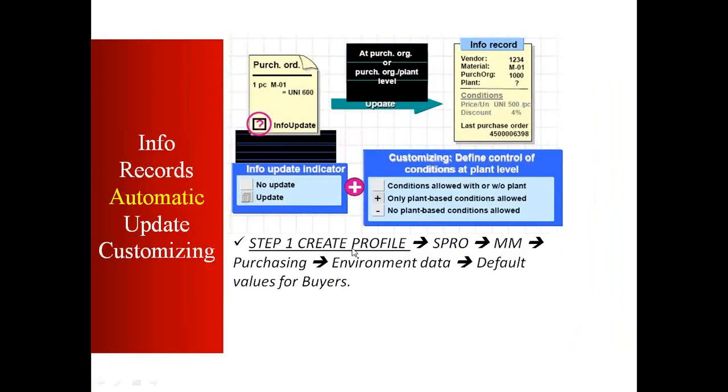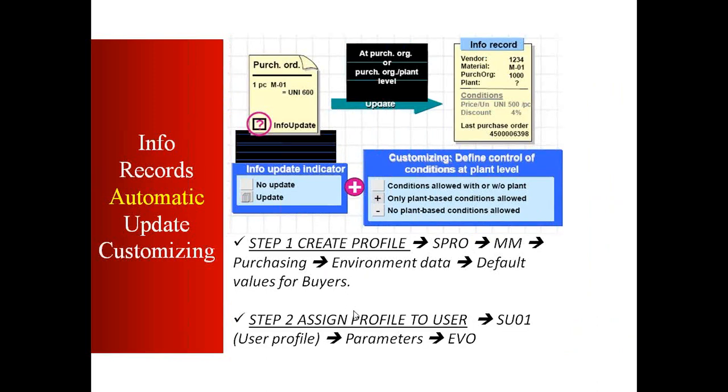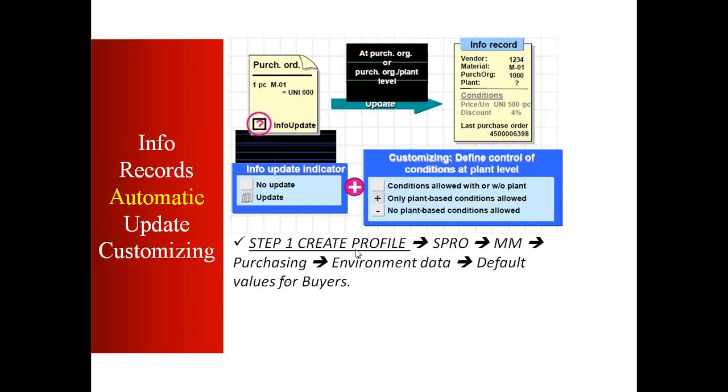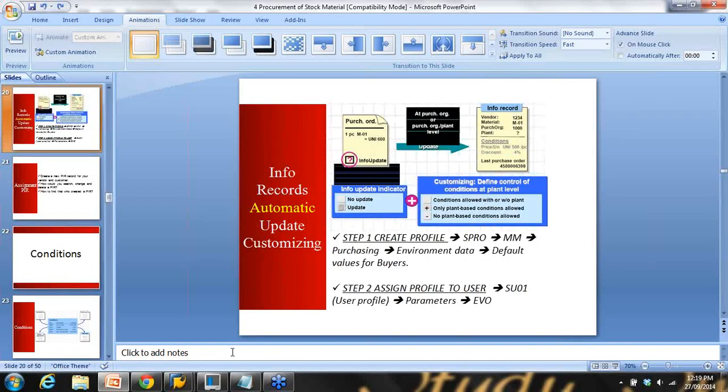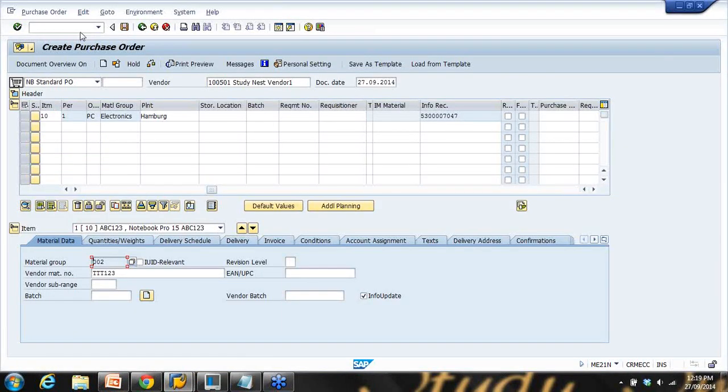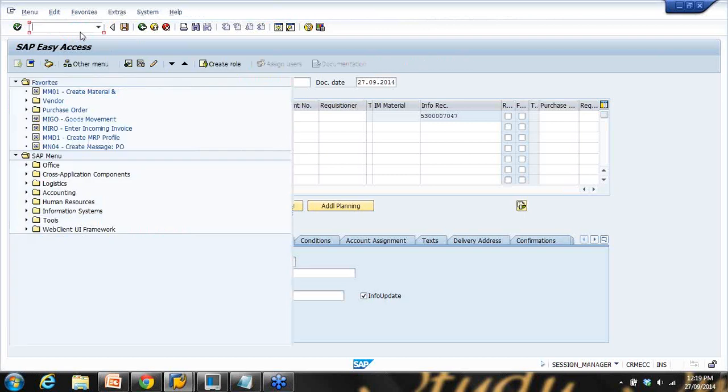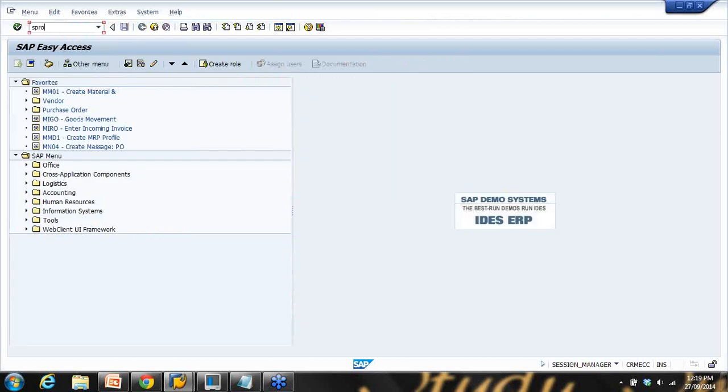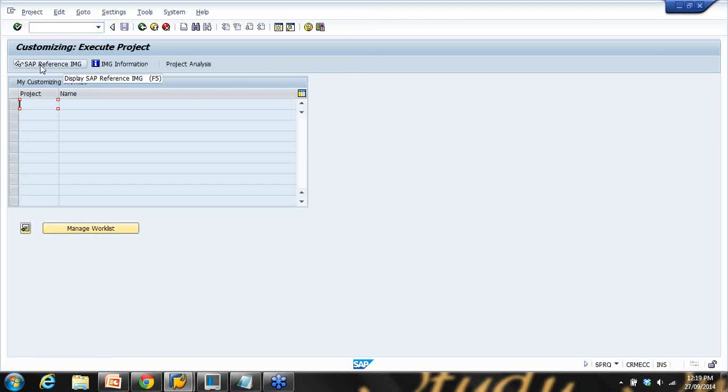Step one is to create a profile. In the customizing, we need to create a profile using this menu path. Step two is to assign the profile to a user. So let's do the first step, which is to create a new profile. We need to go to the customizing menu. Go to the home screen, and SPRO is the transaction to go to customizing. When we start the customizing, I will explain this again in detail. But for now, enter SPRO, click on SAP Reference IMG, and here